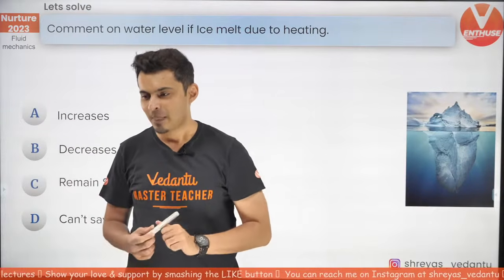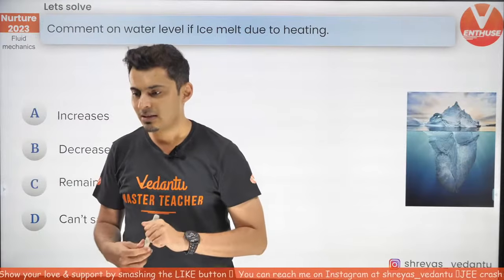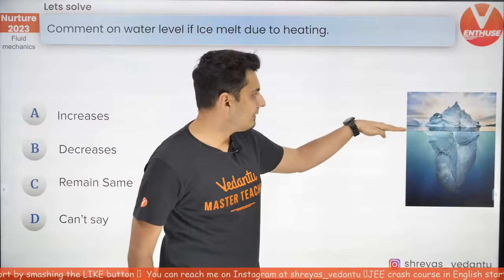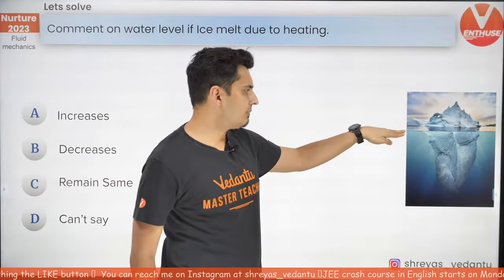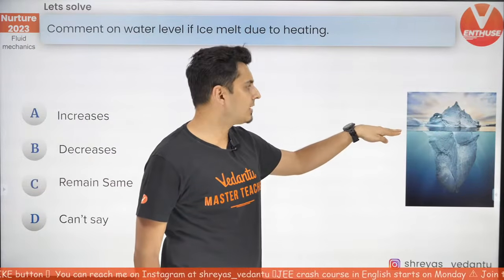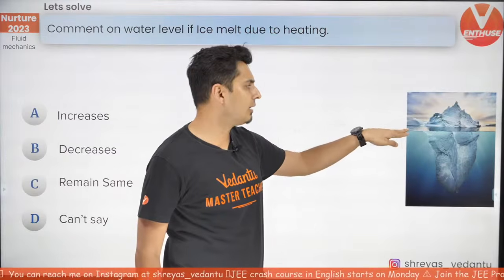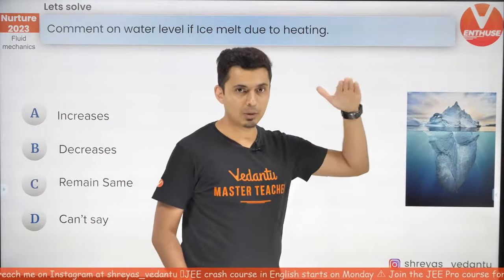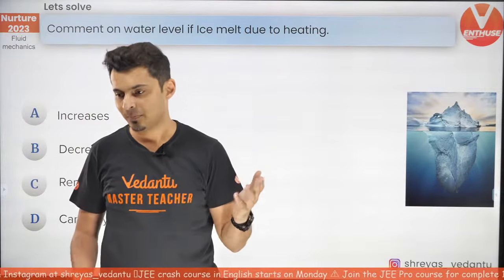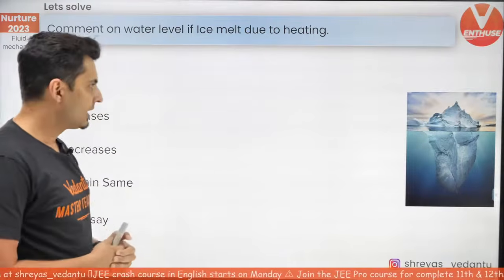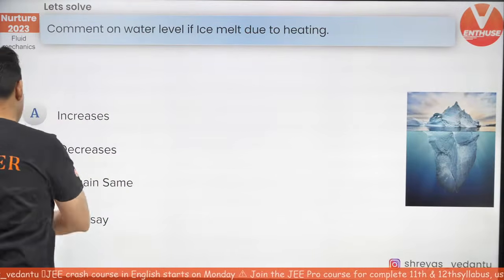Very good. Okay, if the part is included, everything I'm talking about initial level. Right now the level is somewhere here. Now it melts. After some time you come back and see at the liquid level. Now what is it? Is it going to be more or is it going to be less? So guys, let's have a look at the answer.